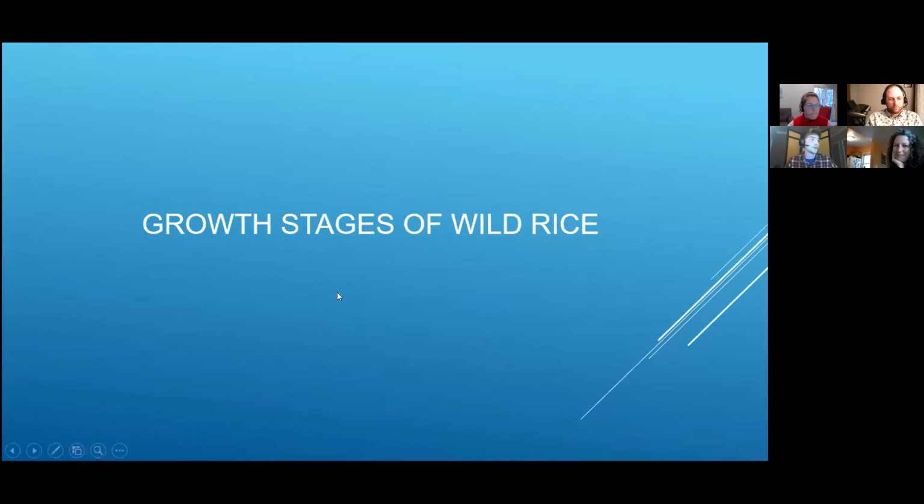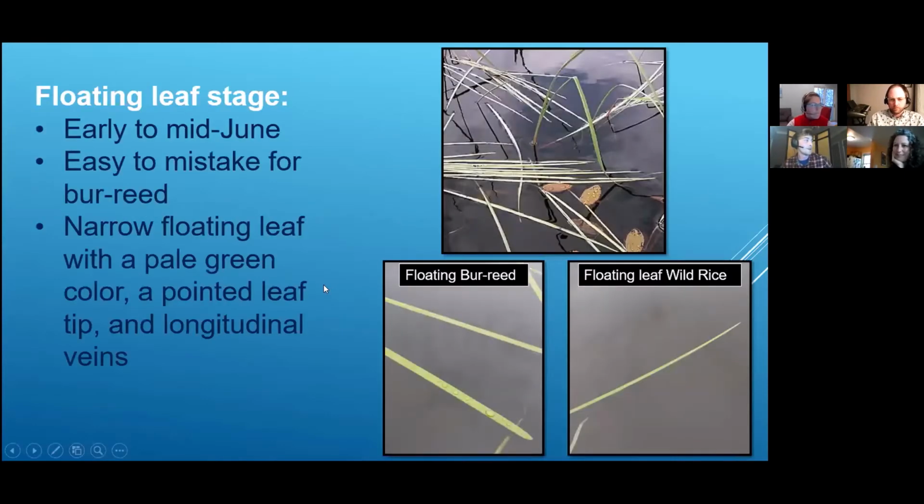So I also want to go through the growth stages of wild rice. There's 3 different stages. One of those is the floating leaf stage, and this appears in early to mid-June, and it'll usually show up as a thin leaf across the top of the water. It's pretty similar looking to something called a floating burrweed, which is also a thin leaf going across the top of the water,